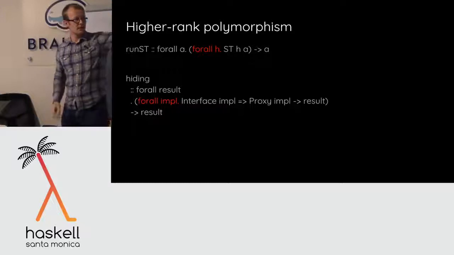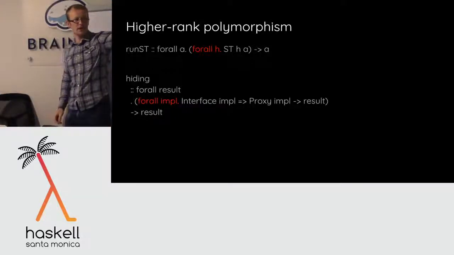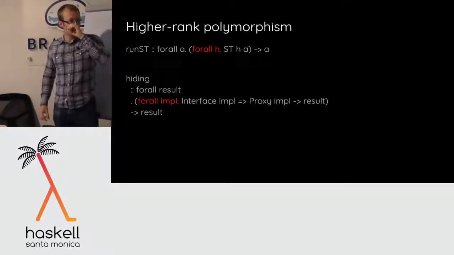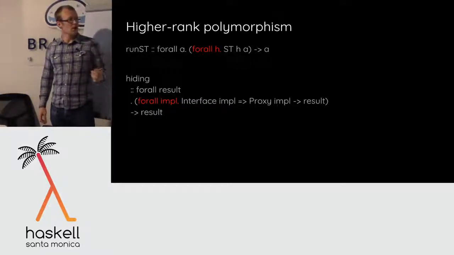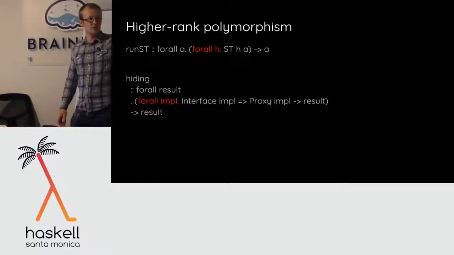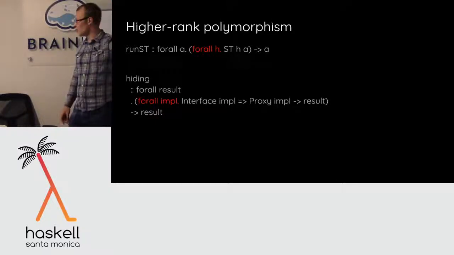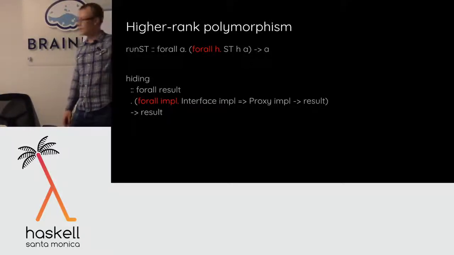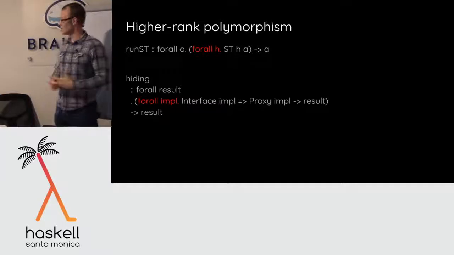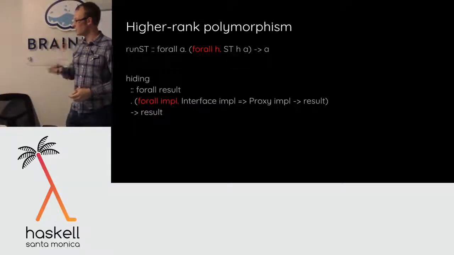Right, so if I said for all result and implementations, interface, impl, and then everything else was the same, right? So in that case, you know, I could call, well, so for a start, when I call this hiding function, I need to know the implementation, right? But I don't want the caller to pick the implementation. I want the function itself to pick the implementation. But I don't want you to know what implementation I chose.